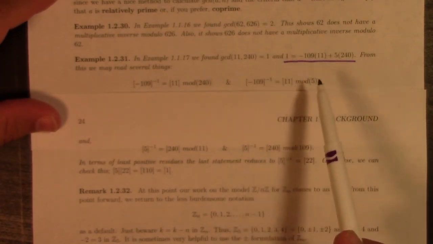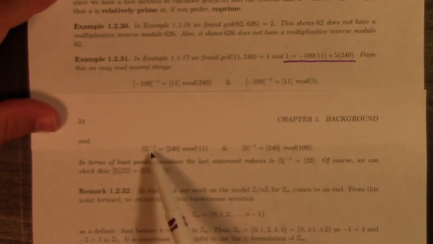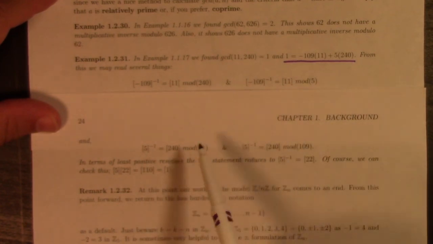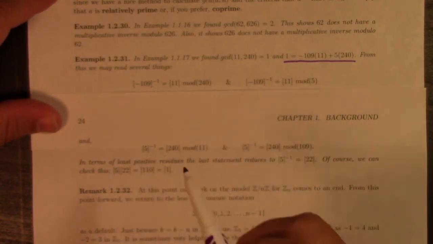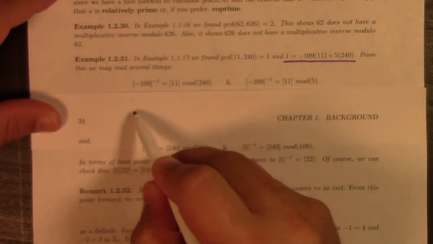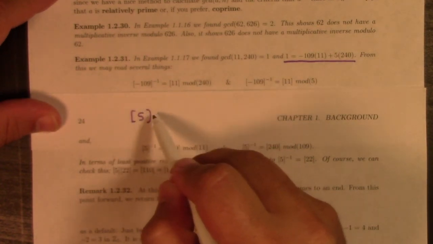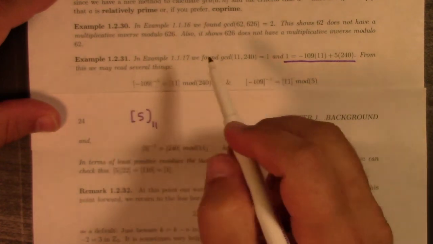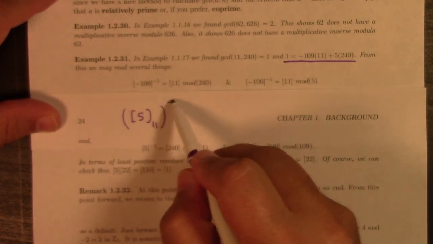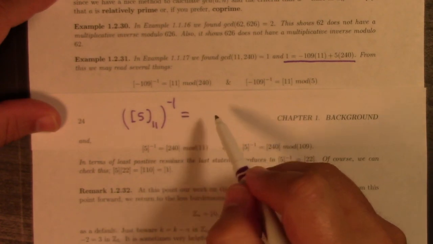Again, from the purple underlined equation, you can see the multiplicative inverse of 5 mod 11. So 5 mod 11, the inverse of that in Z11, is